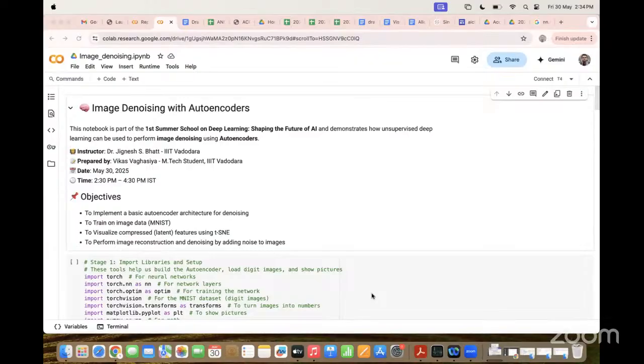So, I hope they're listening to me, right? Sure, sir. You are clearly audible to all the participants. Okay, so what you can do, participants, is download these Colab files and save them on your local machine and then experiment with it. You cannot edit this file, but you can definitely download it and then edit it.